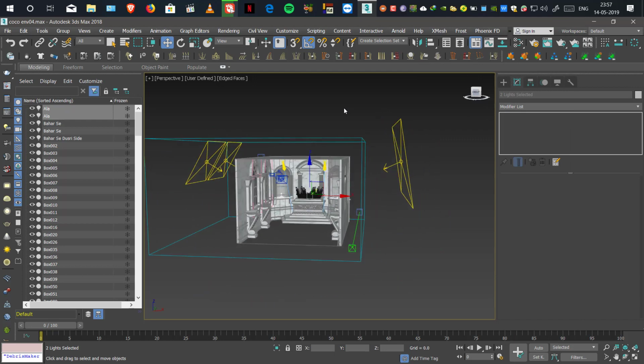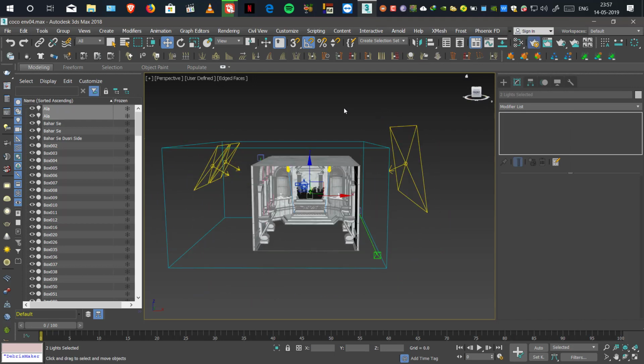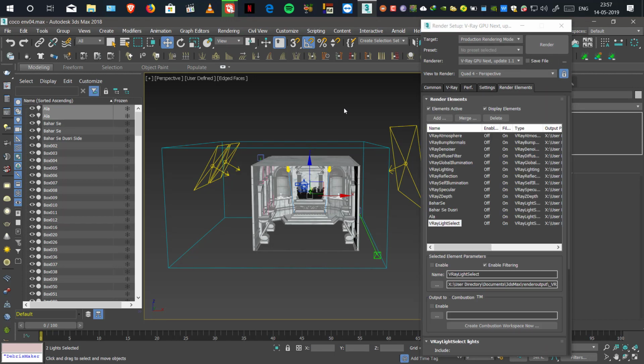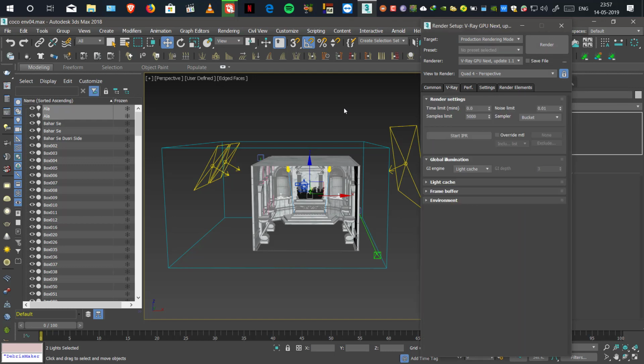So, with all of these render elements, you can just hit the production render. And one thing more, the sampler by default is set to progressive. You don't want to have that in your final render. Just set it to bucket. It is a more efficient way of rendering your image, and you want to be reducing the noise threshold. You want to have this value and this value here, and